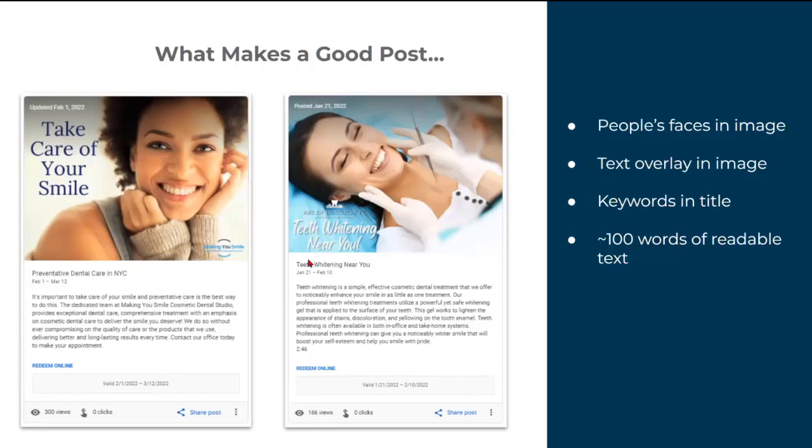Keywords in the title are important, and you'll see here they have the service that they're providing added as the title of the post. You don't have to put a title, but I recommend that you always add a title, because that's where you can put your keywords, and I'll show you why that's important later. And put about 100 words. You're able to put about 300 in there, but use about 100 words of content,